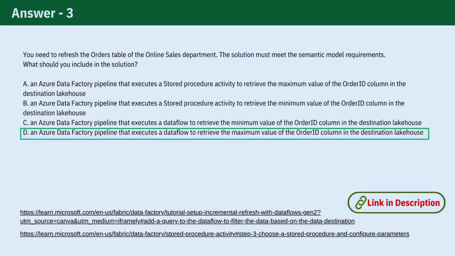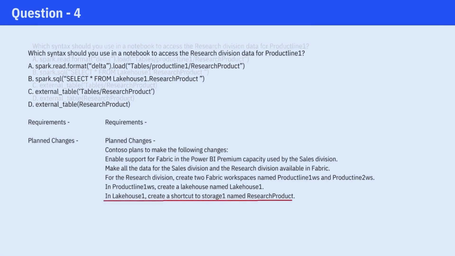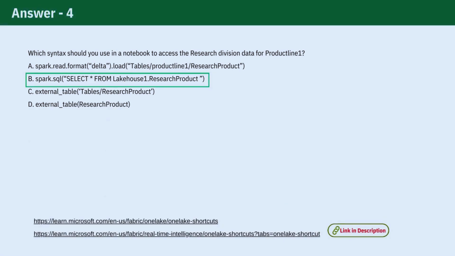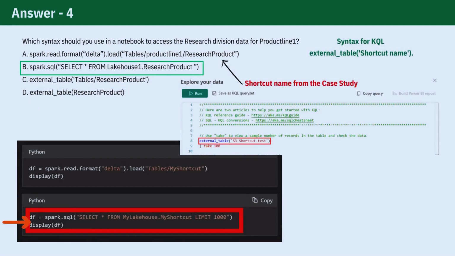There is a detailed explanation about incremental loads in the Microsoft documentation, which I will link in the description box for your reference. Now, let's move on to the last question for this case study. Which syntax should you use in a notebook to access the Research Division data for Product Line 1? Please pause the video and take a moment to think about it. The correct answer is